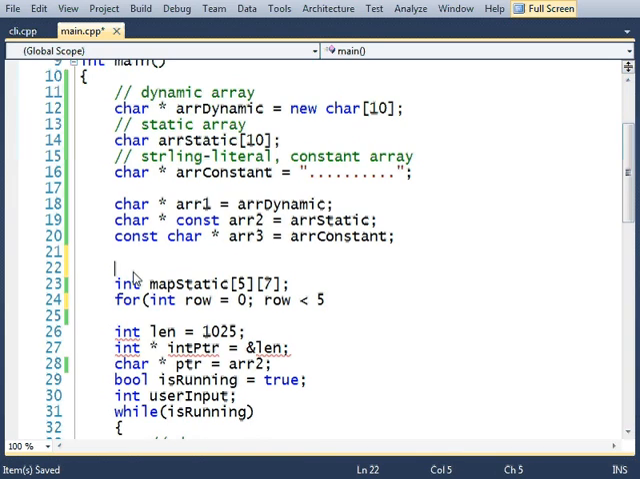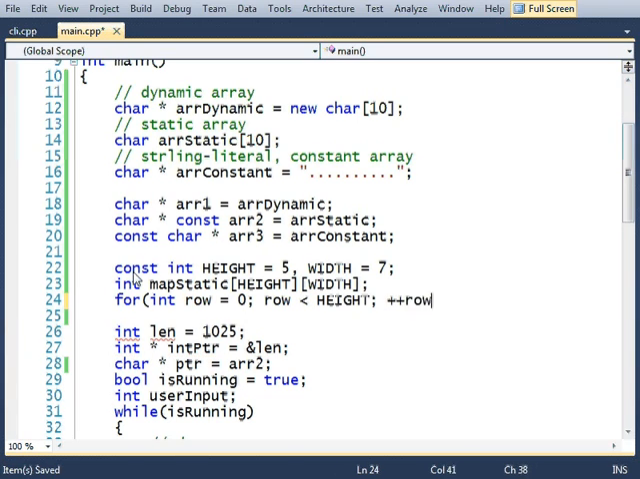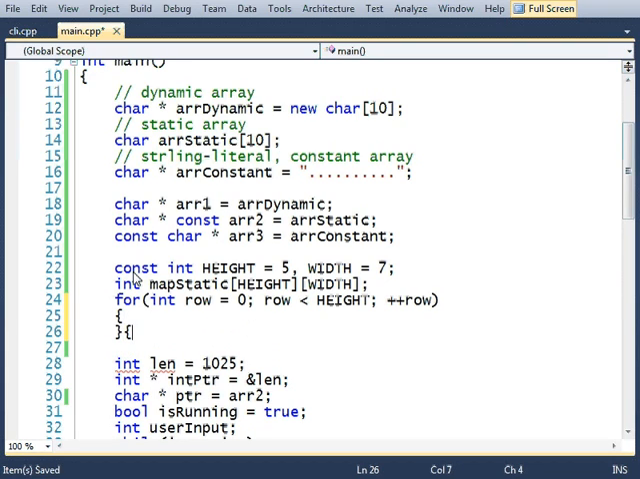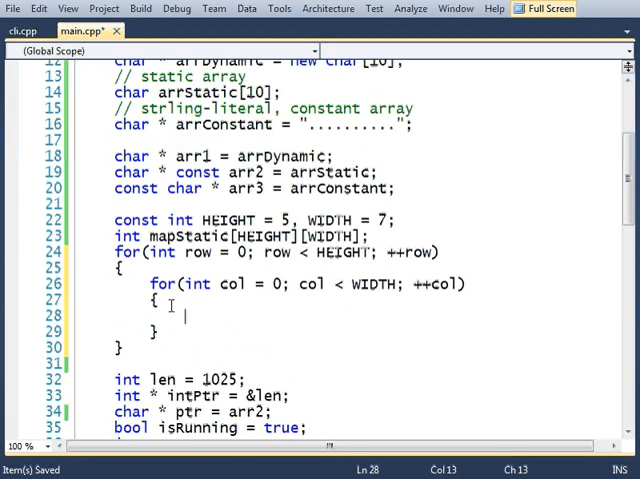You know what, I don't like 5 in there, that's a magic number. Let's do const int height equals 5, width equals 7. Row is less than height, and col equals 0 while col is less than width. I will do map static row col equals row times width